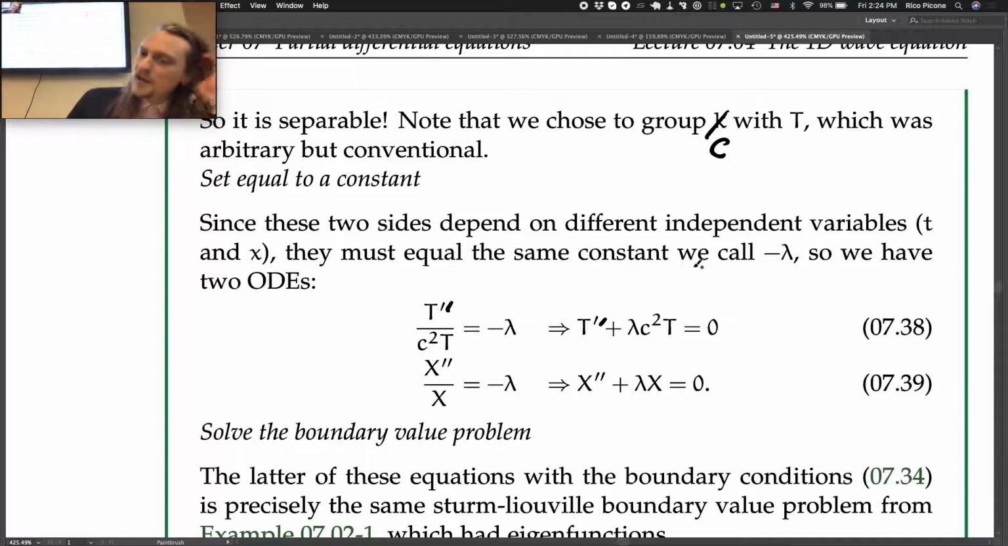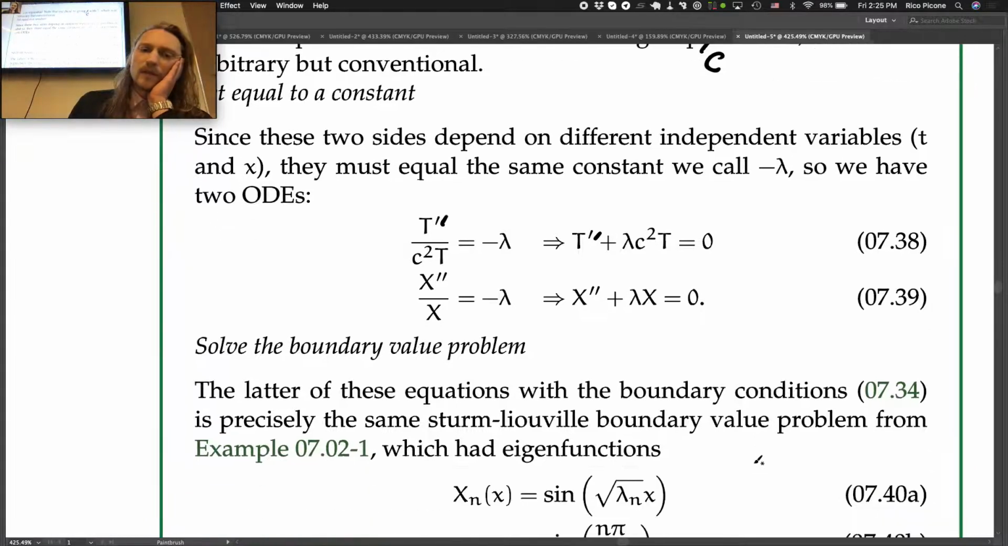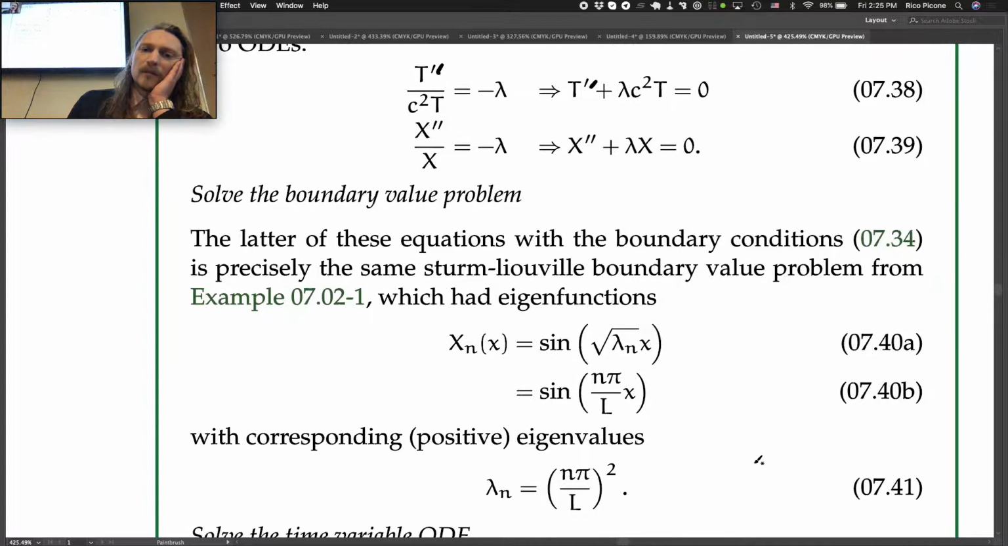They must equal the same constant we call negative lambda. So we have two ODEs given here, and this is T double prime, T double prime. And so we've got two similar looking ODEs to solve. And we'll solve them first for matching the boundary condition, boundary value problem. The latter of these equations with the boundary conditions here from above,